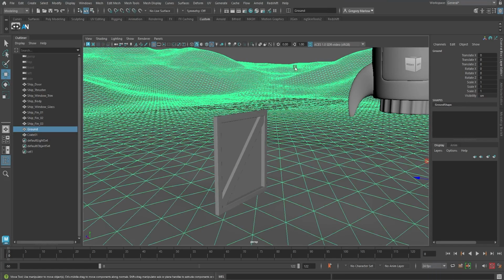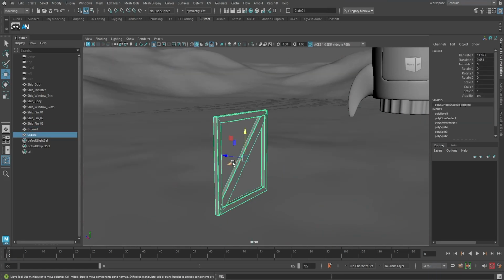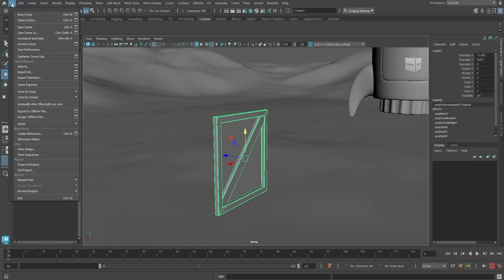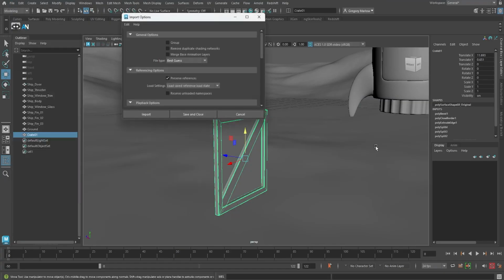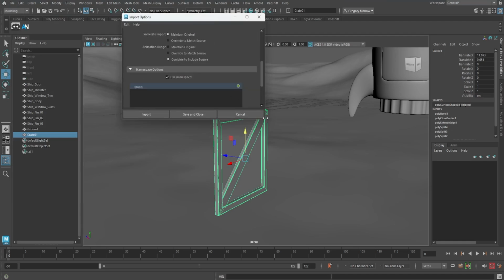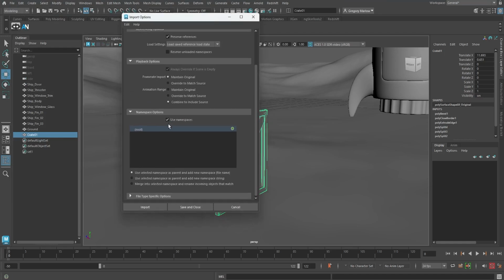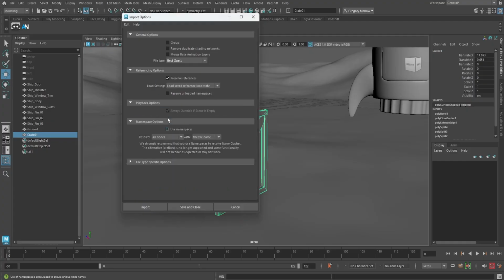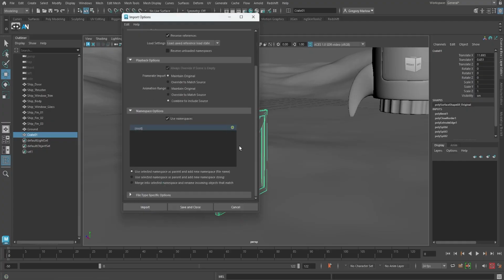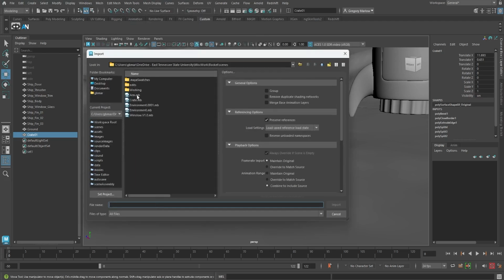Okay, I want to show you there's a way you can import that in and not bring in the namespace. If I go to File, Import, and scroll down, you'll see at the bottom of my import there's this Use Namespace option. I could uncheck that, or if I wanted to keep it just in case, I could say Merge into selected namespace and rename incoming objects that match. What that means is if I had another ship door in this file that I'm importing, it would only put a namespace on something that has a duplicate name. So if I hit Import Now and choose On,